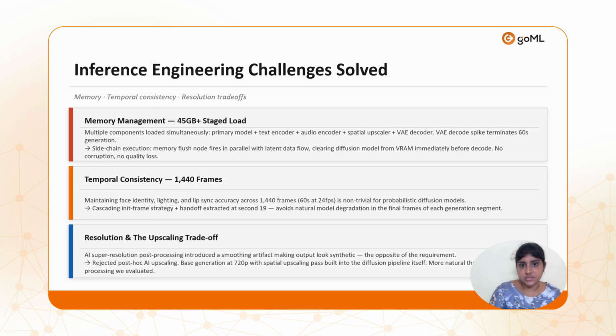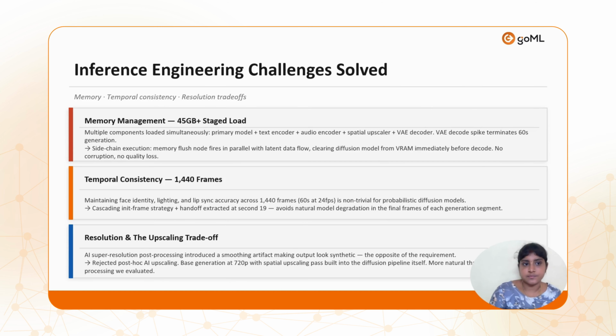Third is the upscaling decision. We evaluated AI super resolution post processing. It made the video look worse. The smoothing artifact was immediately visible, looks synthetic. So we rejected it entirely. What we did was a 720p spatial upscaling pass built into the diffusion pipeline, and this produced more